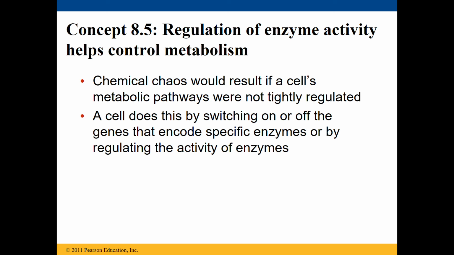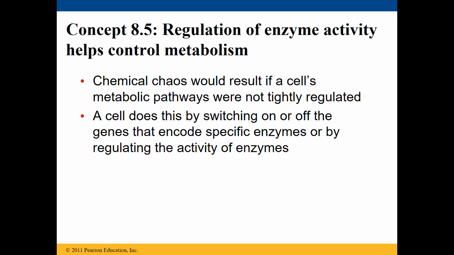So we need to be able to regulate enzyme activity, which is the whole point of these different kinds of inhibitions, right? If metabolic pathways weren't tightly regulated, we wouldn't be able to have homeostasis or metabolism. Chemical reactions would just occur willy-nilly whether we needed them or not. So cells can regulate their chemical activity by turning genes that encode enzymes on or off. You might make more or less of an enzyme, or you can regulate the activity of the enzyme. So make sure we have the enzyme present, but turn the enzyme off when we don't need it, either through